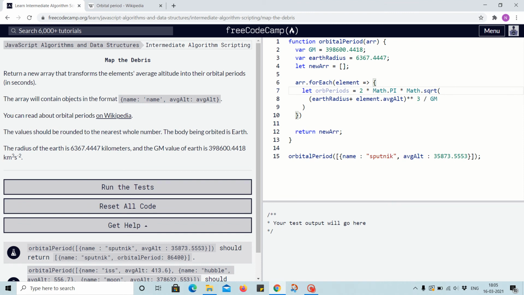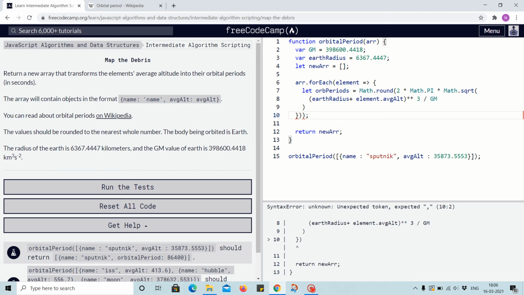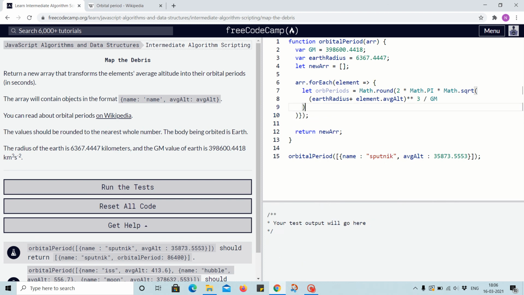okay, and we will use Math.round here to round the number. For Math.round, okay, and this should be in the end, right? It will start from here to here. Okay, this one is correct,